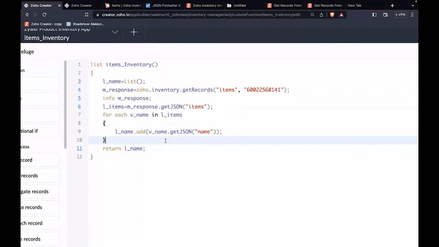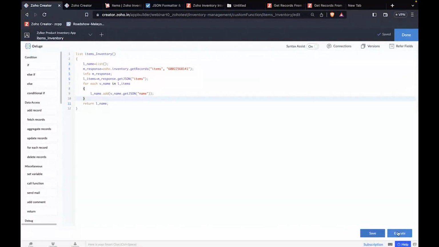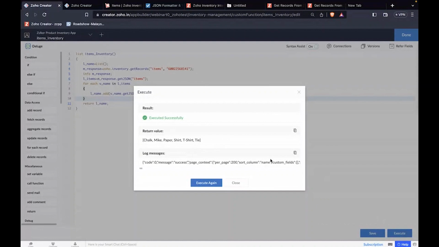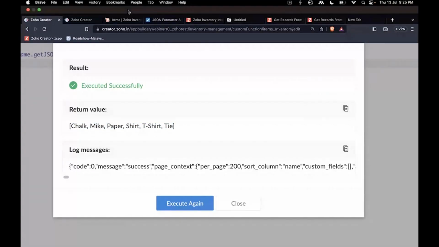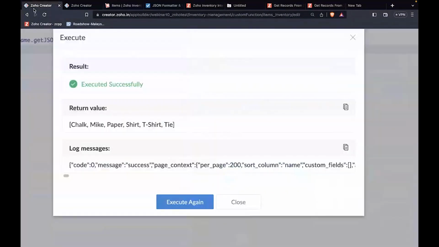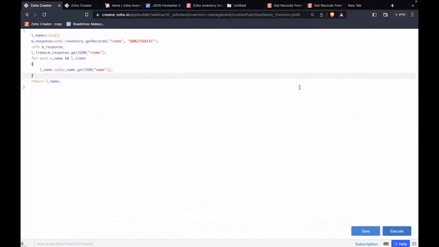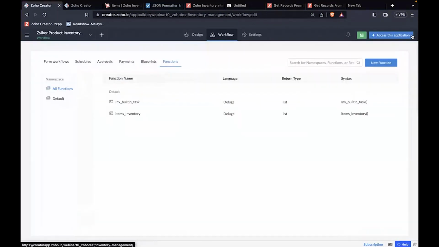So now let me save it, execute it. So this gives me an output of chalk, mic, paper, shirt, t-shirt, and tie. So I have 6 products that are available in the items module over here, right? So now that we have created a function with all the list, we need to put this inside the application, right? For that, we'll have to create a workflow, create a new workflow,